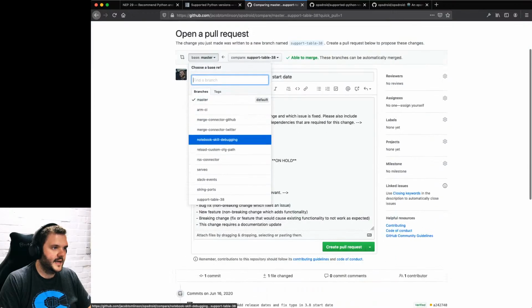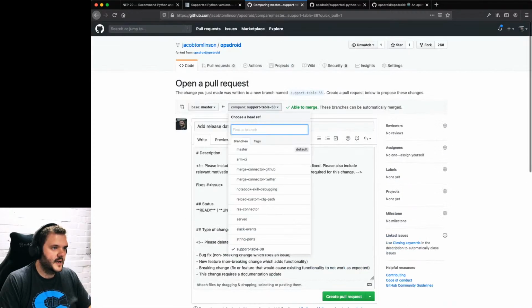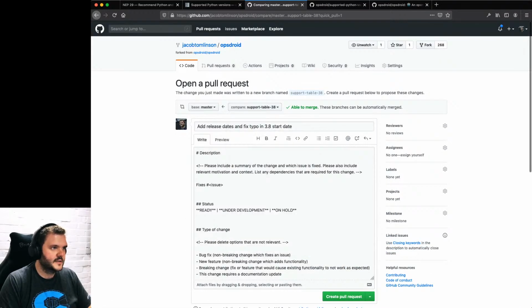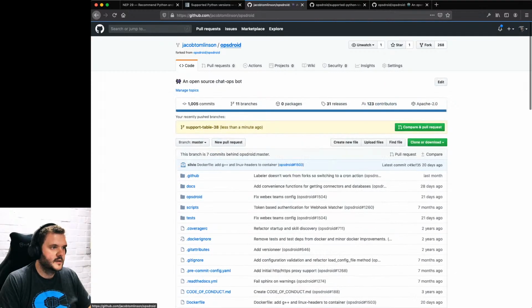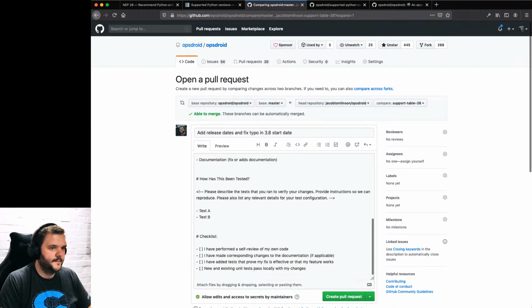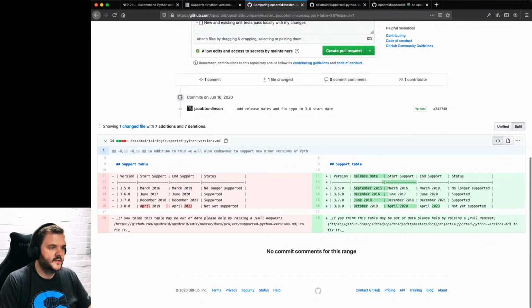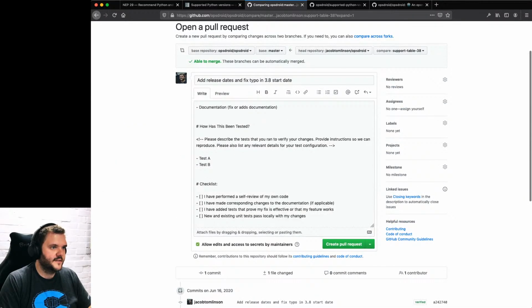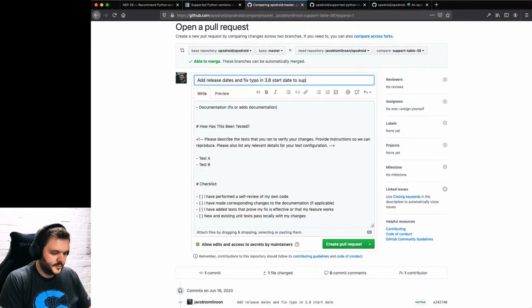I want to make it against the upstream. So let's go here, 3.8, make a pull request. There we go. So now against Opsdroid from mine, I've just got this change of add release dates and fix typos 3.8 to the support table.